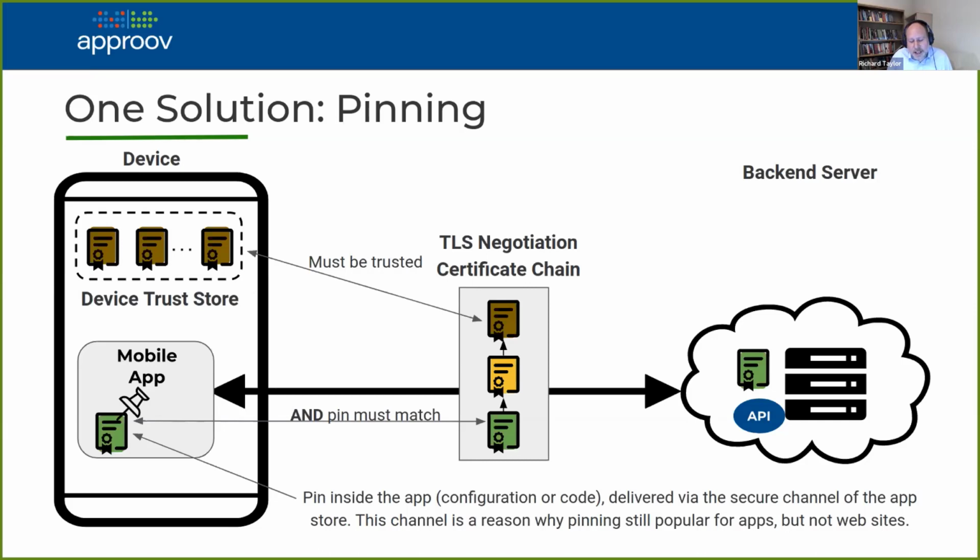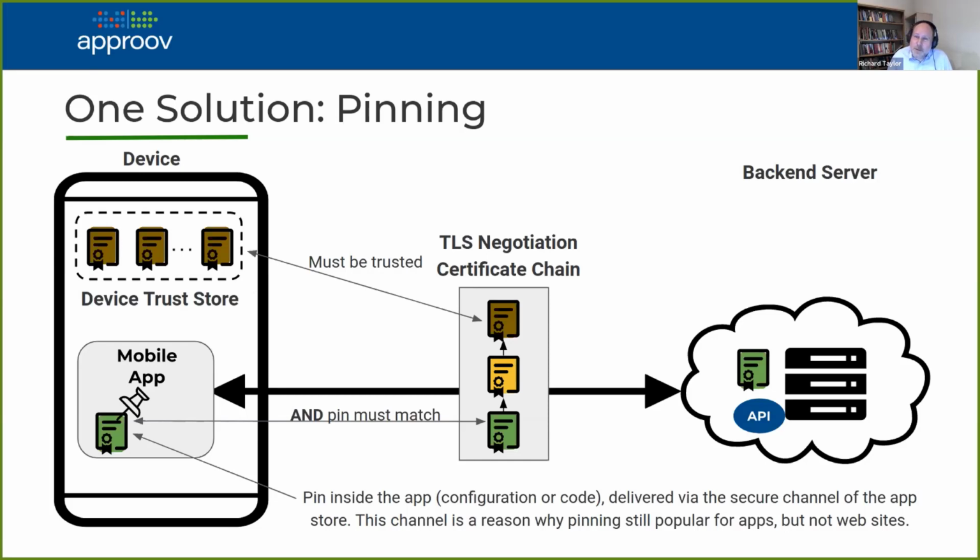It's not necessarily and usually not a copy of the entire certificate. It's actually a hash of the certificate. But essentially it means as the app is shipped, it includes this pin within it, and will only connect if it sees the correct certificate. So you're not just relying on the trust chain, you're actually saying, I want to see this particular certificate, which I know is my certificate. Anyone else who generates a certificate for my domain is not going to get through.